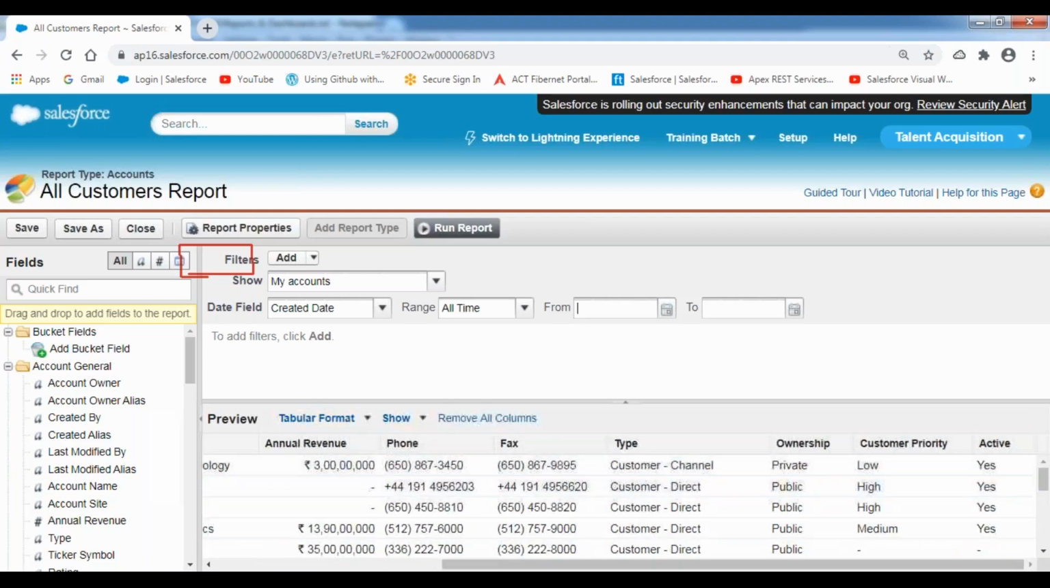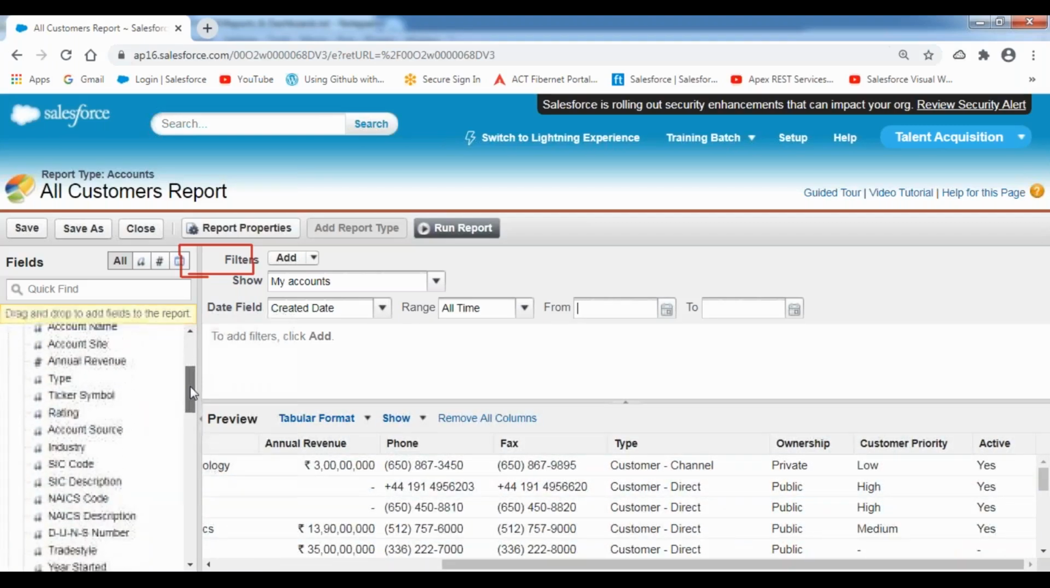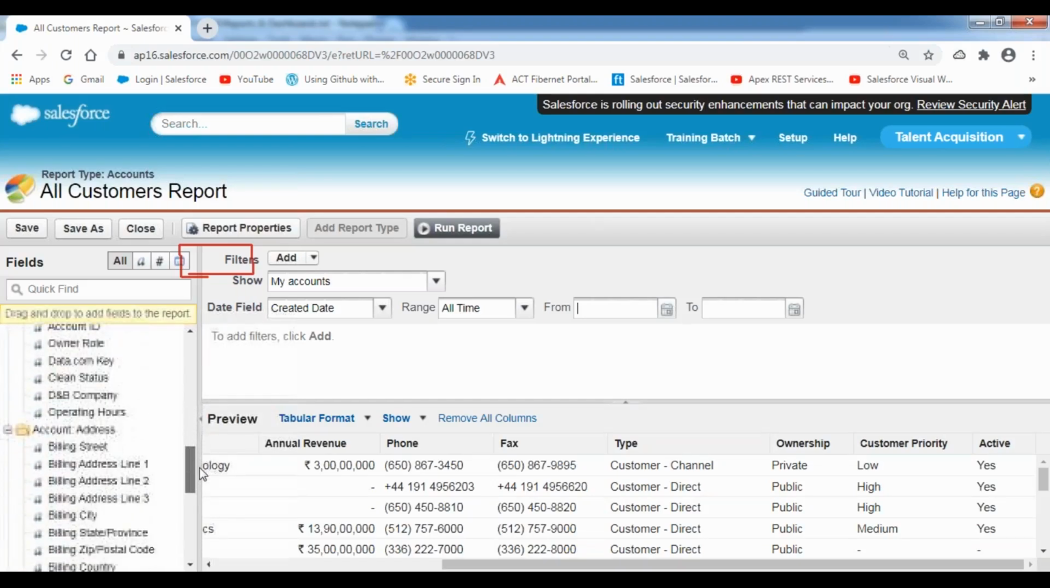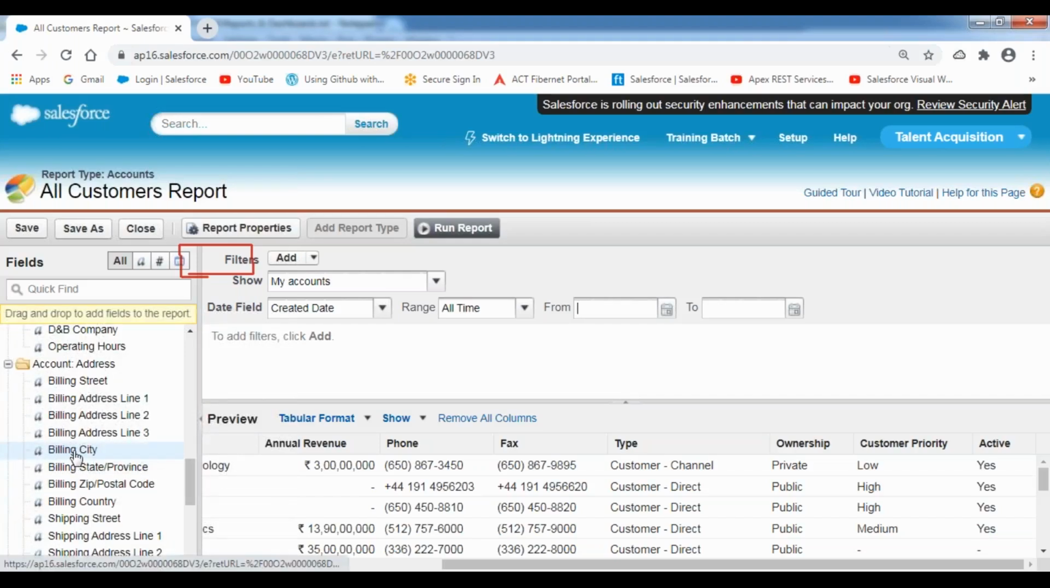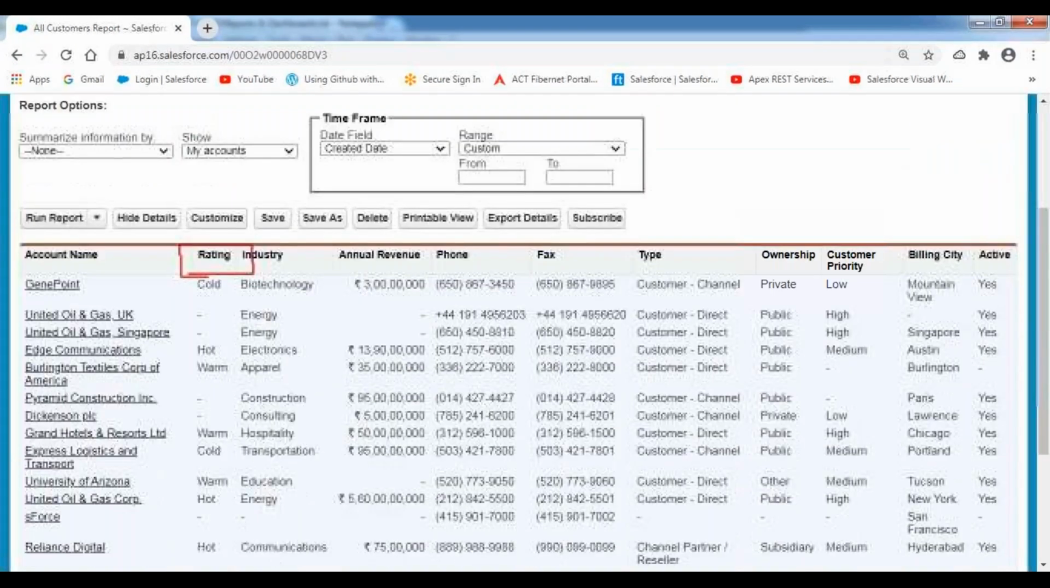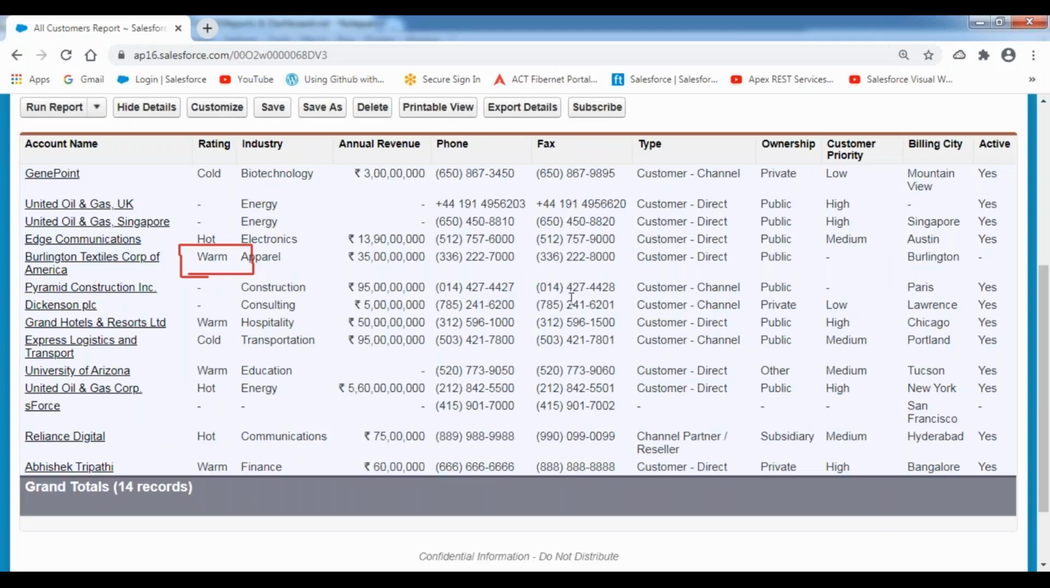Suppose if you want to add some more columns also, for example, I would like to add a column called city, like billing city. I'm adding this billing city here. Now run the report. We have added the billing city also here,